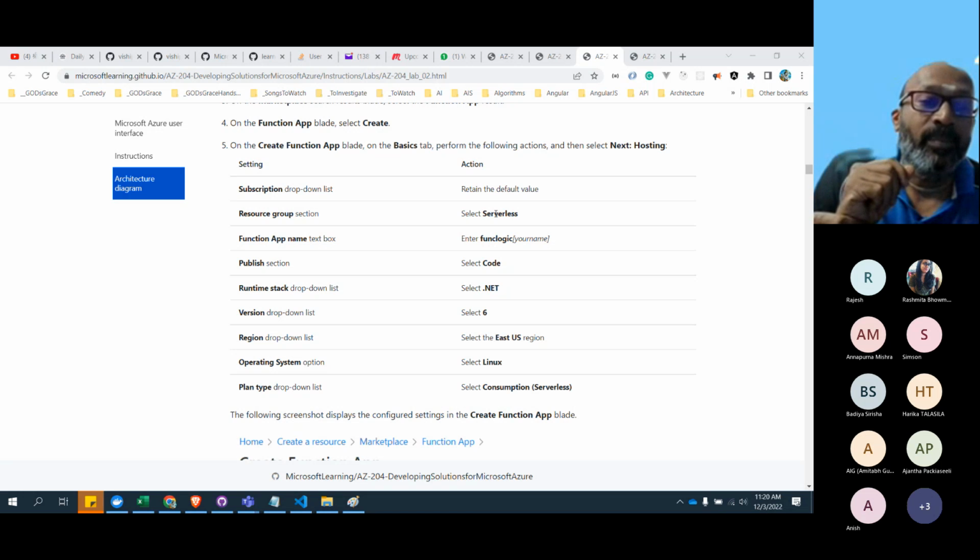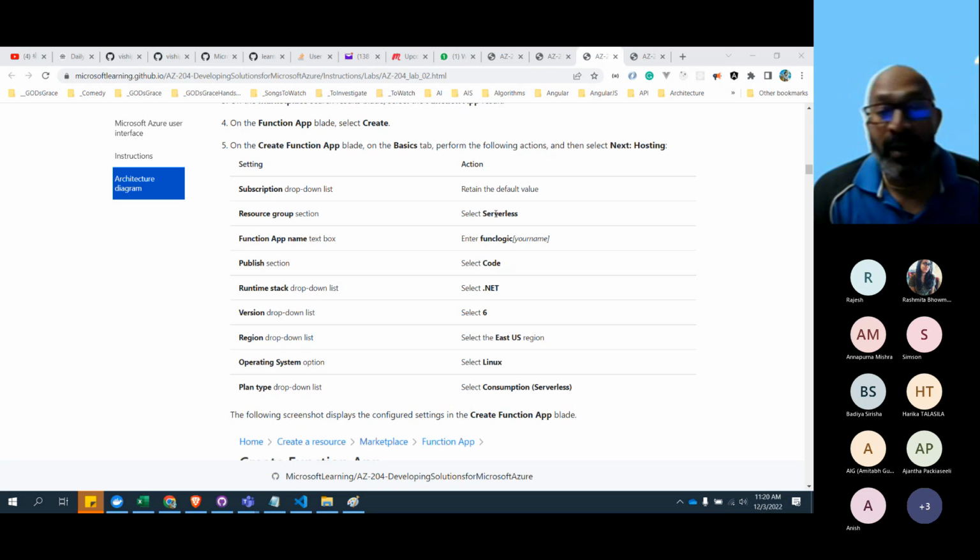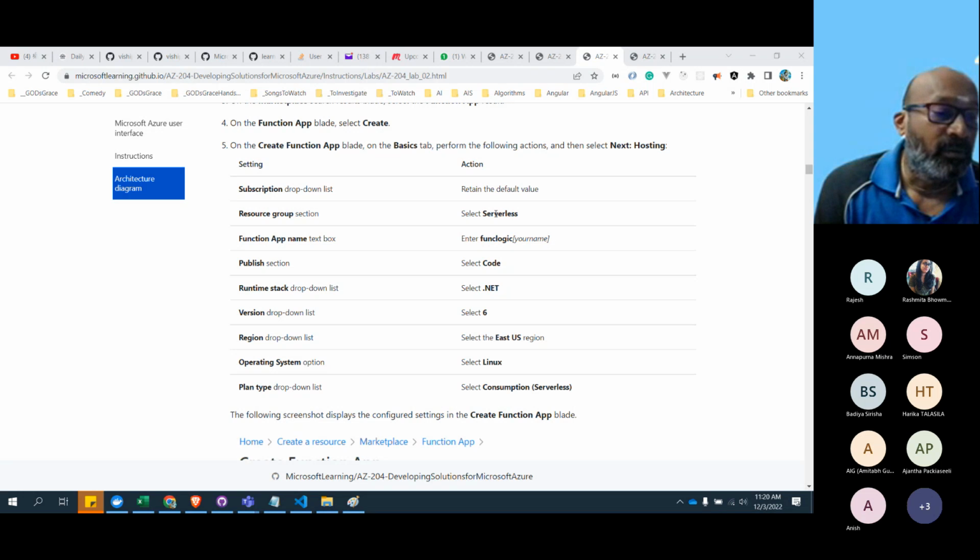So that means every month you pay, whether you're using this function or not. Then when you know that you have a predictable number of requests in a month, and that is matching around the 5,000, 6,000 rupees, it makes sense to take the hosting plan.